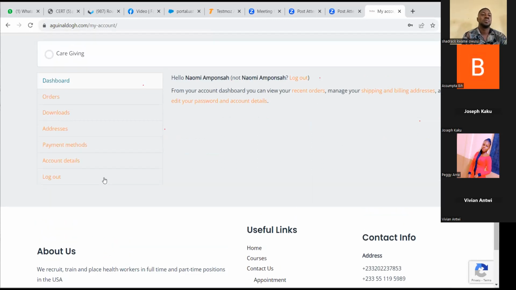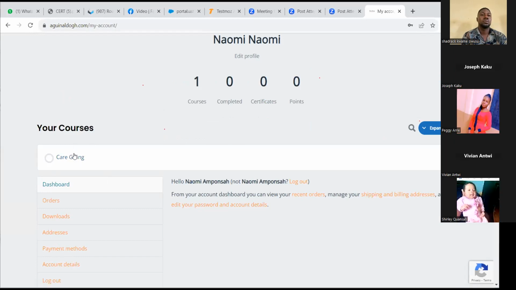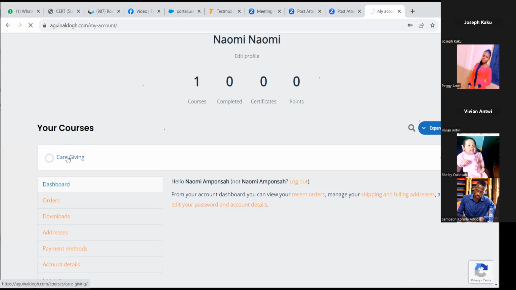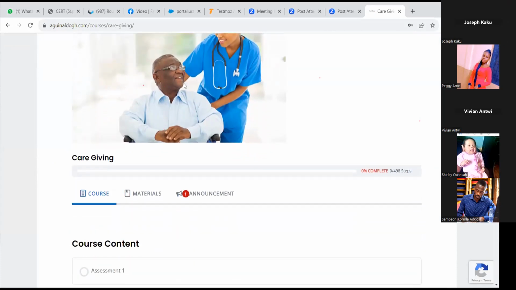Once you are here, for those who are doing NCLEX, when you log in under your courses, you will see NCLEX Prep. For those doing CNA, you see caregiving. I'm sure by now you all know that our caregiving program is actually a certified nurse assistant program. Now let's access your course page. This is your dashboard. You still don't have access to your course page yet. To access your course page, you come under your courses, you click on caregiving. When you click on caregiving, you will see